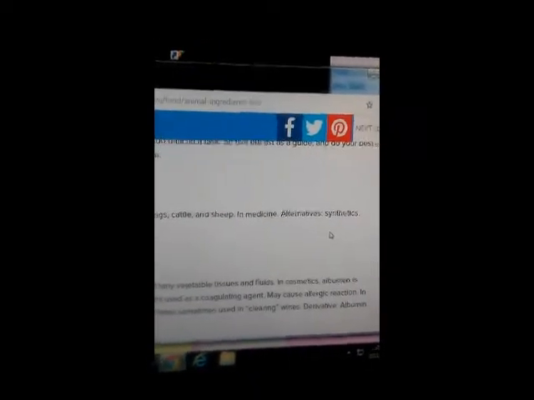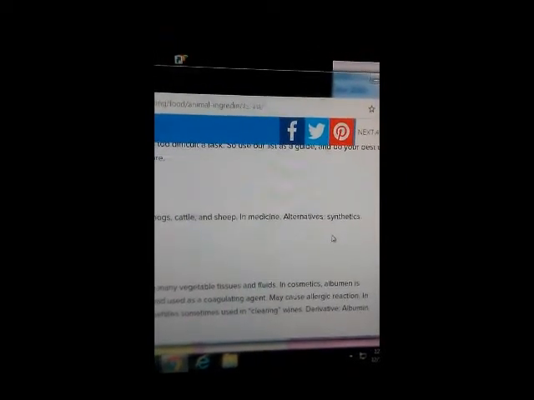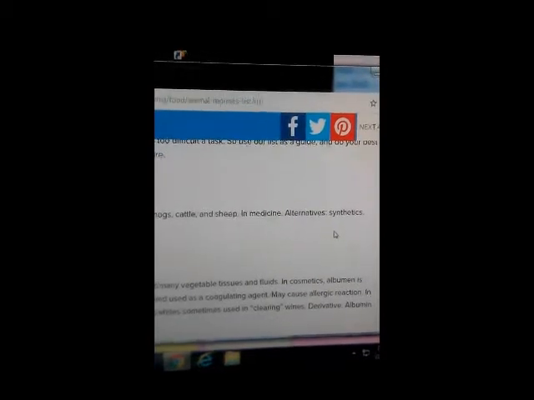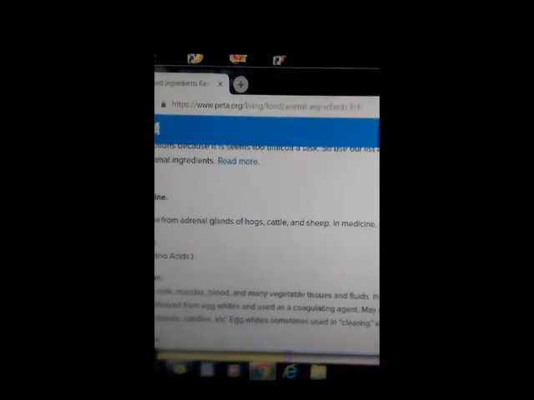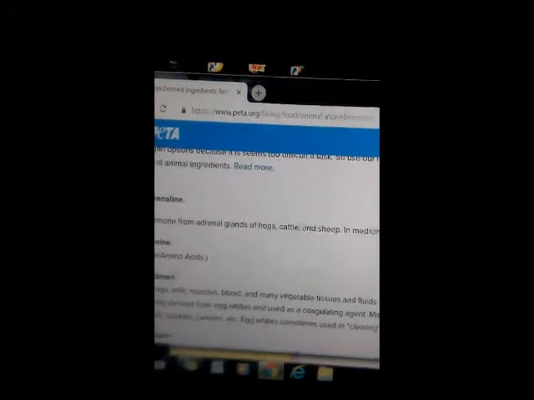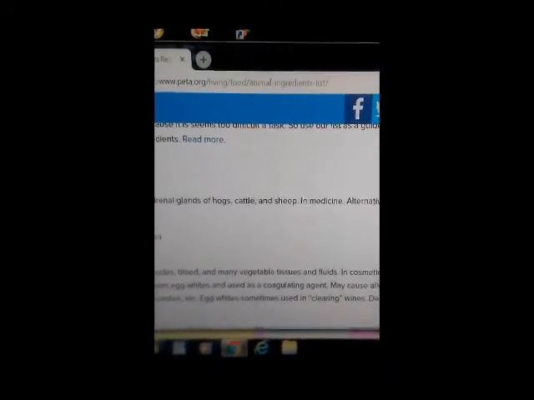Besides the alternatives, there are other healthier options as far as natural remedies, natural ways of using things instead of synthetics. But never mind the alternatives on this page, because a lot of it is synthetics. Synthetics aren't good either because they're not natural for the body. But I just want to read some of the